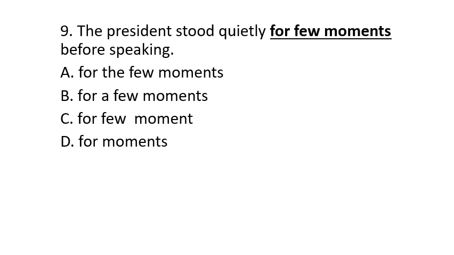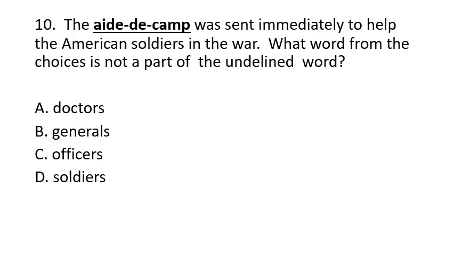So the president stood quietly for a few moments. Number 10. The aide-de-camp was sent immediately to help the American soldiers in the war. Which word from the choices is not a part of the underlined word? Letter A, doctors. Letter B, generals. Letter C, officers. Letter D, soldiers. What do you think is not a part of the underlined word? All right, so our answer is letter A,